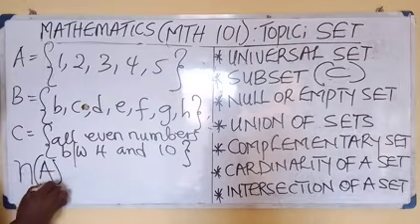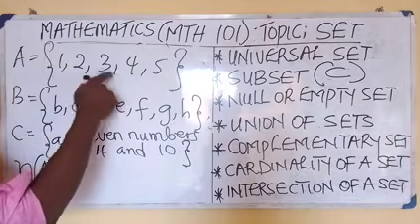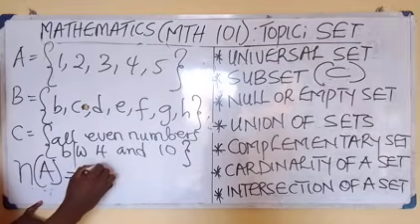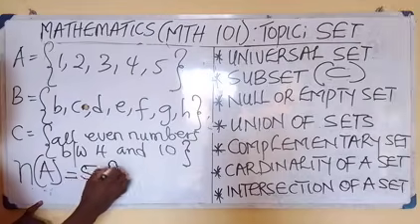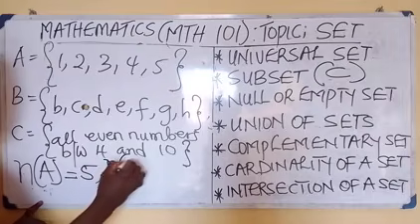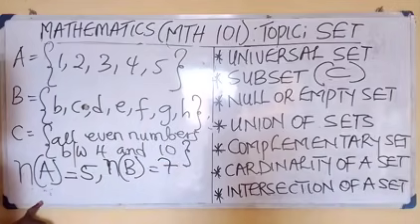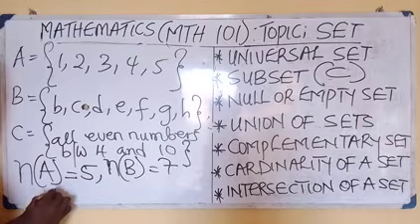So the cardinality of set A becomes 1, 2, 3, 4, 5. So it is 5. You see that? Very easy. Then the cardinality of B: 1, 2, 3, 4, 5, 6, 7. That is 7. Then the cardinality of C equals